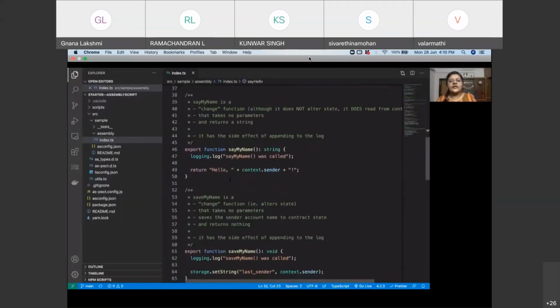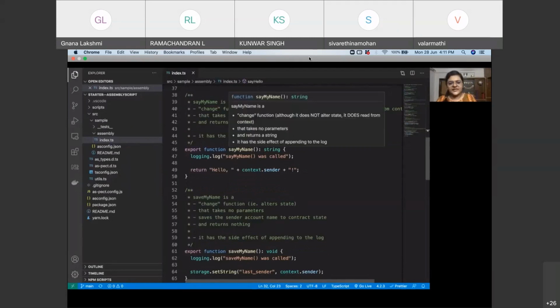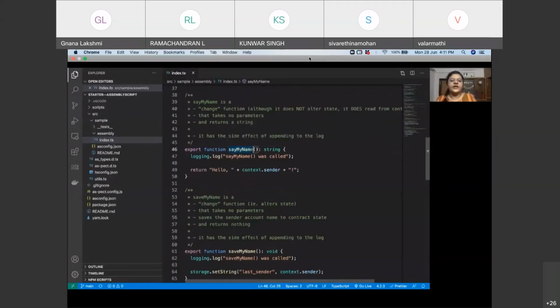Now here, what happens in this next function called say my name, right? In this function, we are returning a string, but what is the string that we are returning? We are returning hello, which is a static string populated by us, plus context.sender. If you remember, when I said that we'll be importing context from the near SDK, this will have all the information regarding the transaction.